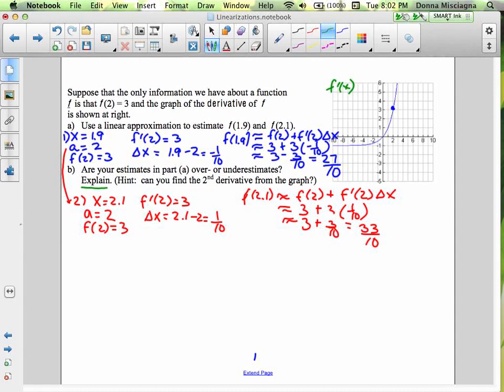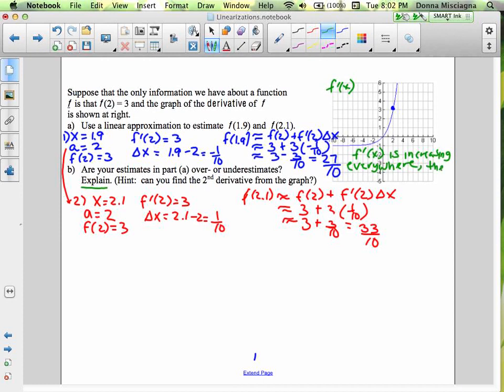And something that I notice is that f prime of x is increasing everywhere. And we know that if a function is increasing, its derivative is positive. So if f prime of x is increasing everywhere,